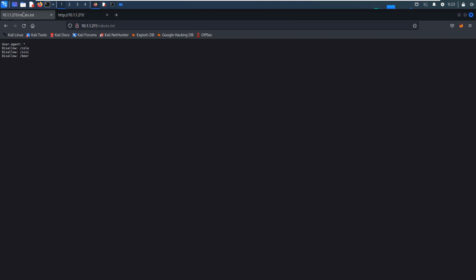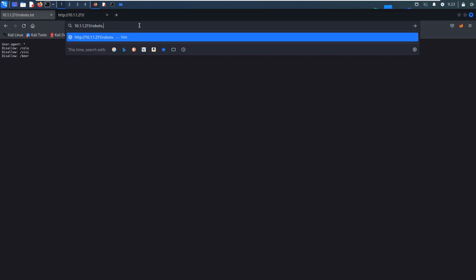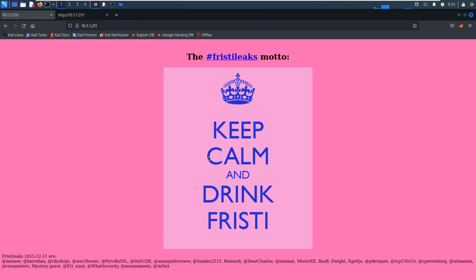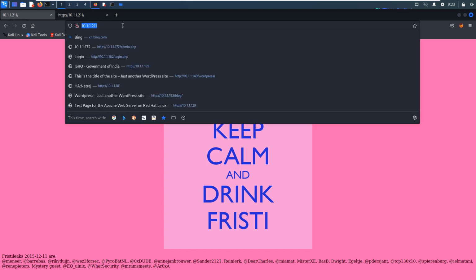Now we go back to our browser and access the home page. As you can see, the author has already given us the hint. It's saying keep calm and drink Fristi. As you know, the robots file has the beer, the cola, all of them belonging to drinks. So maybe Fristi is also another kind of drink, and similarly maybe this other drink is another directory. We can check on that. Fristi,